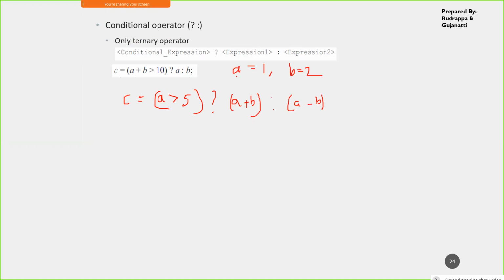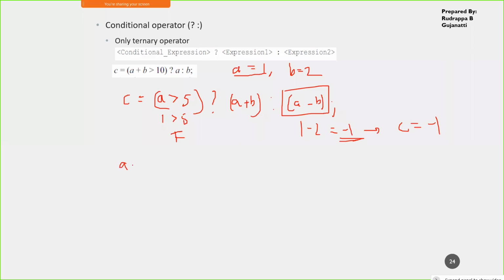I'll check: is 1 greater than 5? No, it is false. So this expression has to be evaluated. What is this? It is 1 minus 2, which is equal to minus 1. Under this condition, C will be assigned a value of minus 1.